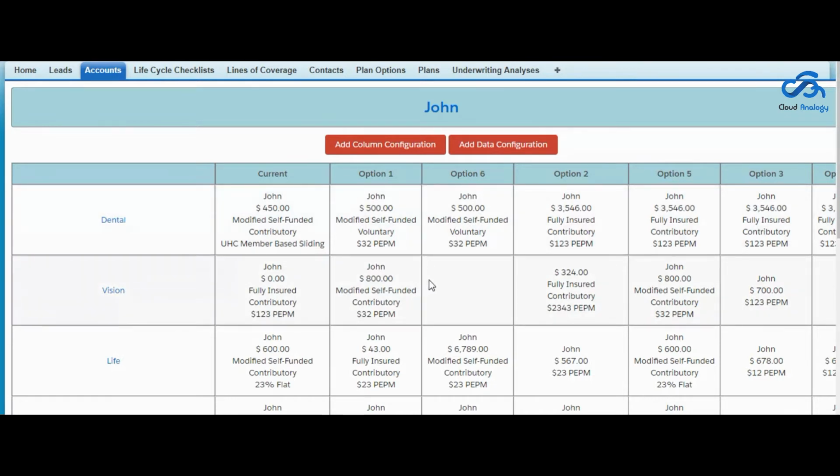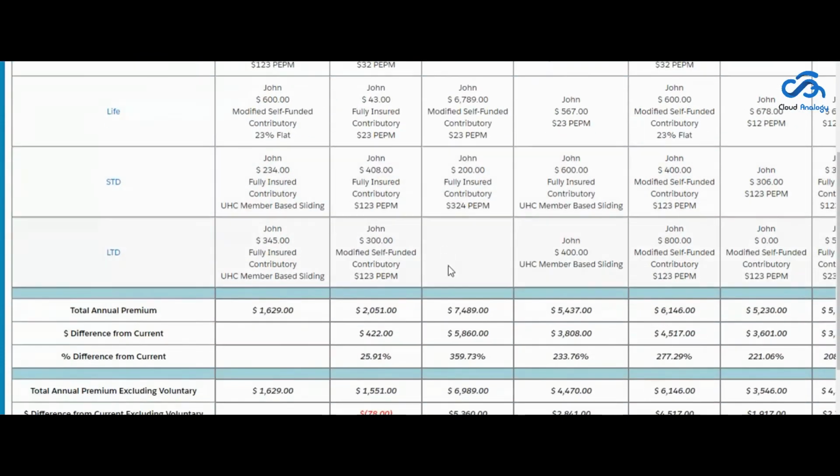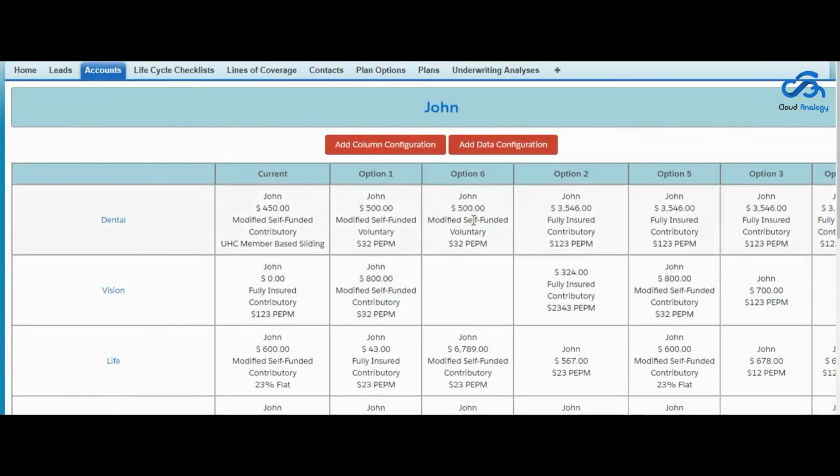Then I would like to tell you about the data configuration. Before that, I would like to tell you that both the column configuration and data configuration are regarding the account. Each and every account has its own configuration.